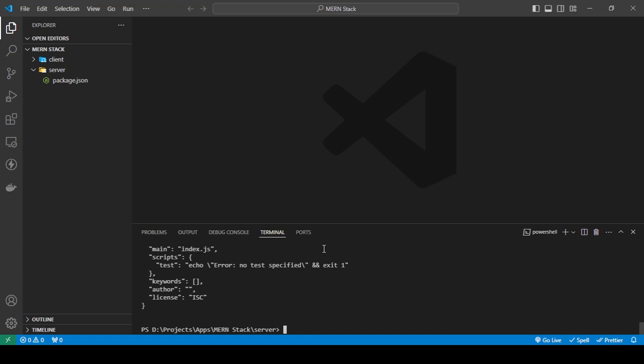Now you need to start installing your packages on the backend. So in your server folder, to do that, you need to type in npm i express, because we are going to be using Express. So just press enter,